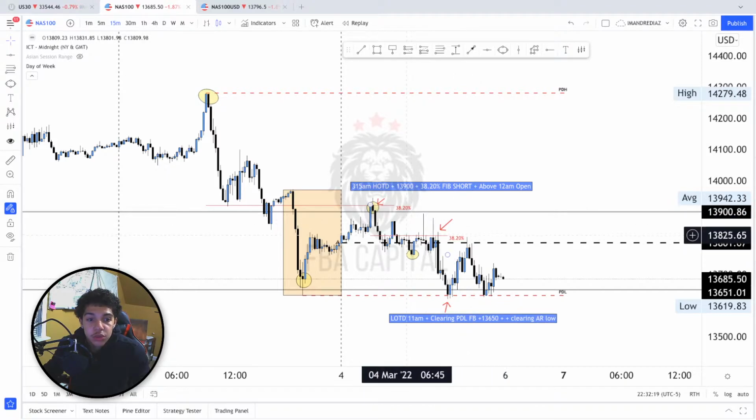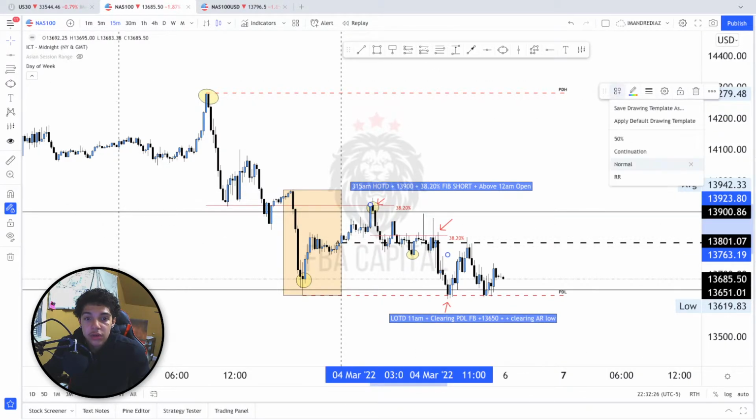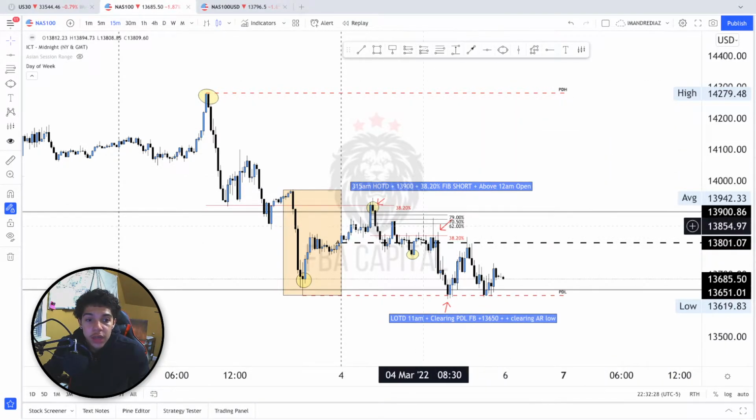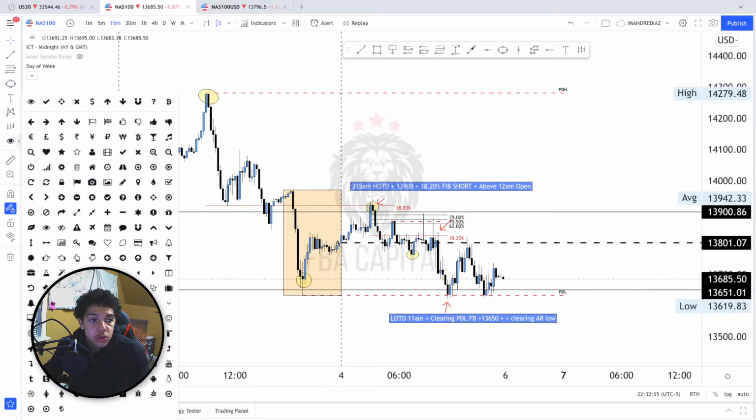You see the 38.20% never got traded above. It did get traded above, but it never closed above, which is a very bearish sign. Now let's get the other lines also. And you see how it tapped into these fib levels after clearing these highs to the left. So we had this false break of this short-term swing high,